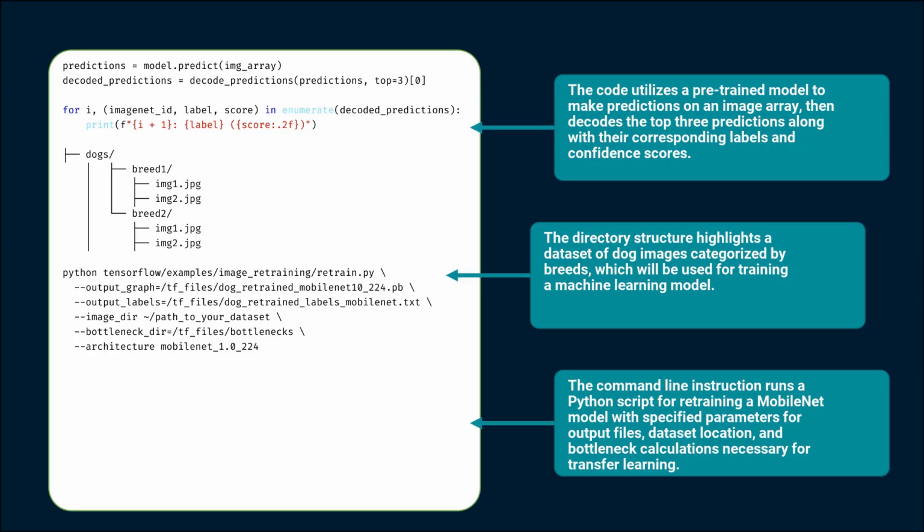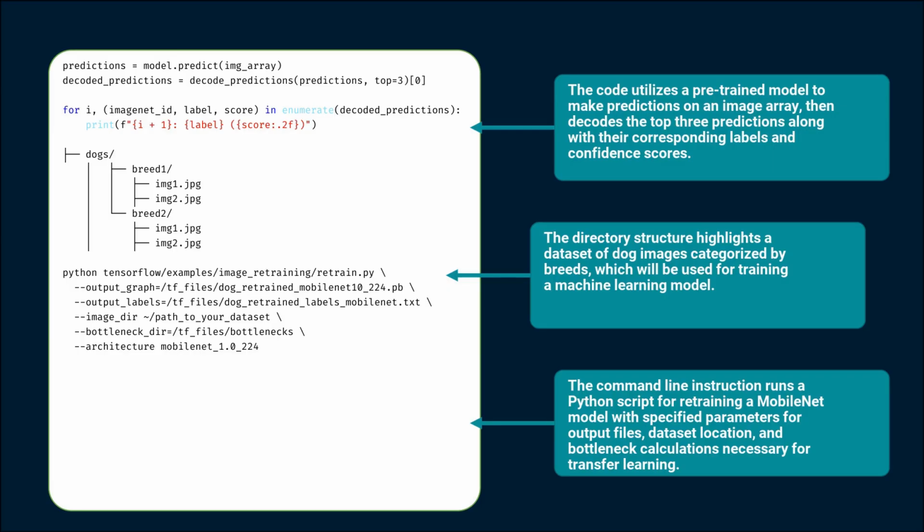Afterward, we prepare to present our results in a clear manner by iterating through the top 3 predictions. In this loop, we extract the label, probability score, and the corresponding ImageNet ID for each prediction. Finally, we format and print these results, displaying the class label along with its confidence score, which tells us the likelihood that the image belongs to that specific class. This straightforward approach not only demonstrates the ease of using MobileNets, but also enriches your understanding of handling predictions in